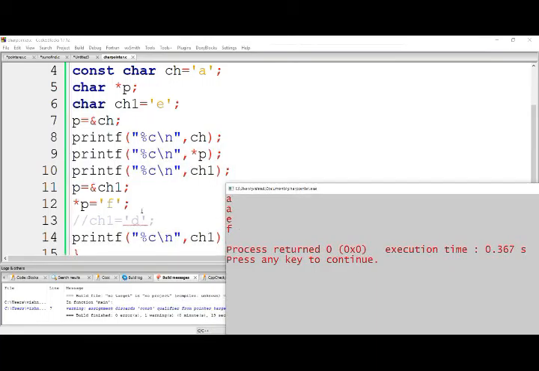So do you observe this one, *p? Inside the p we have stored the address of ch1 here, means the location of e we have stored in ch1. So now p is pointing to this location. By using *p we denote the memory location that is pointed by the pointer. Now there I am going to store f, means in place of e, f will be replaced here. Do you got my point?